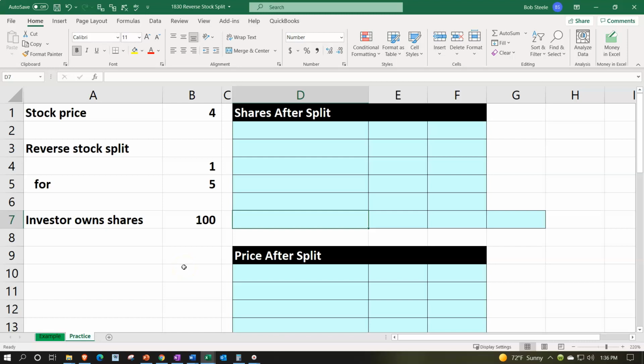If you have access to the Excel worksheet and would like to follow along, note that we're in the practice tab as opposed to the example tab, the example tab in essence being an answer key. We have the information on the left-hand side, which we're going to populate into the blue area on the right-hand side,